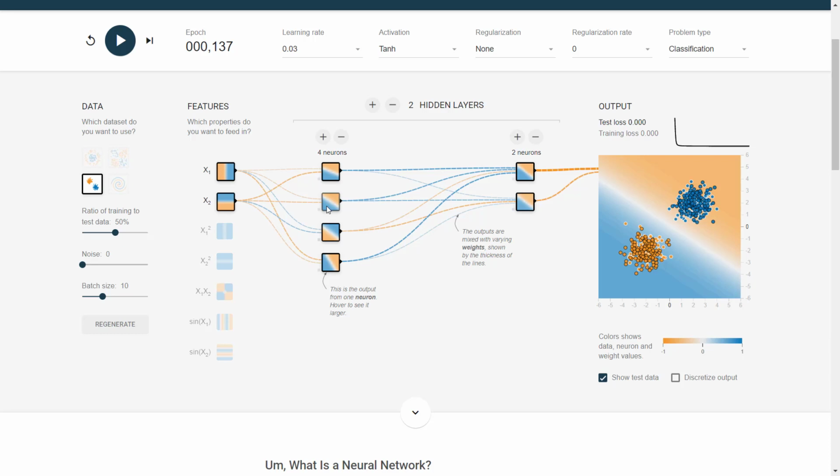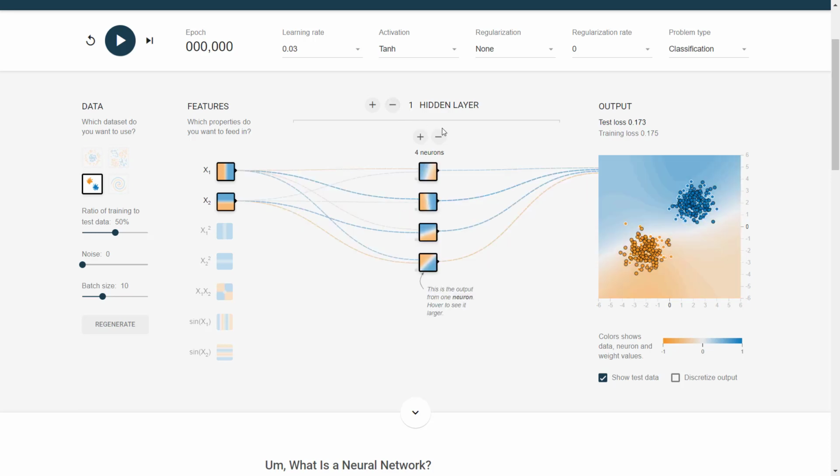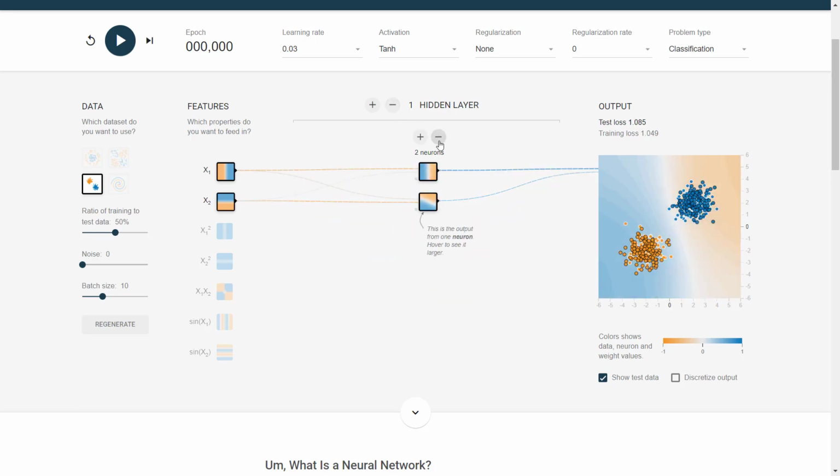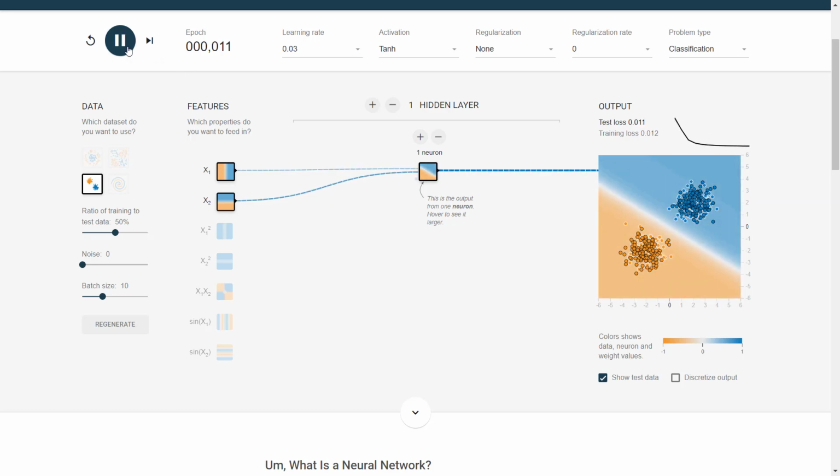Actually, for such a simple dataset, for such a simple phenomenon, we don't need this mixture. Even one neuron will be enough. I will remove the second layer and the other 3 neurons. And as you can see, I get the same result.